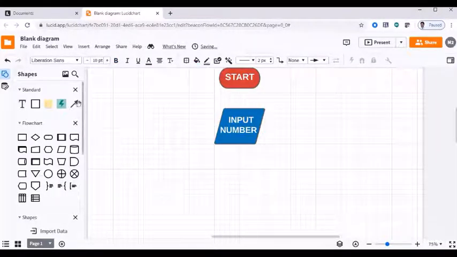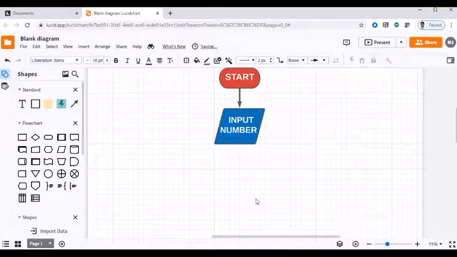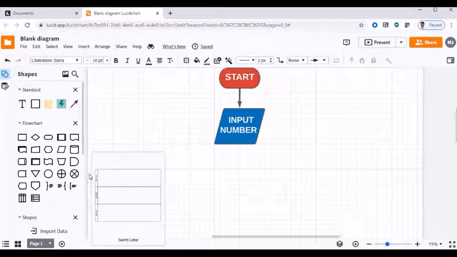If you want, you can draw the arrow mark also, or simply click this point and then that point, and it will draw automatically. You need not choose any drawing symbols. If you want, you can increase the size of the arrow and the lines.